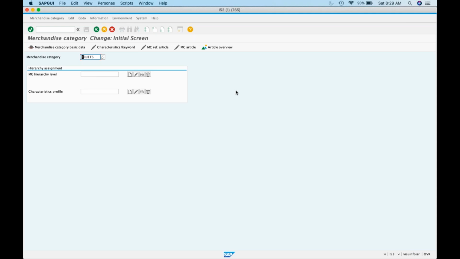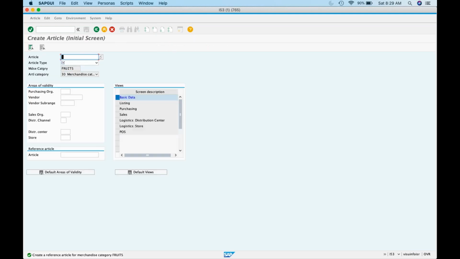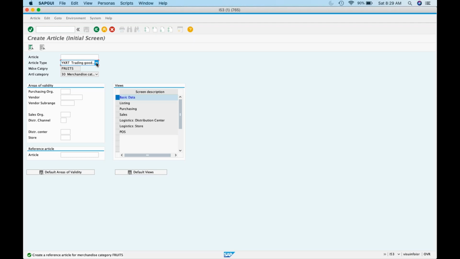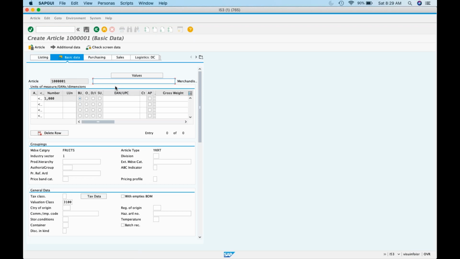So I'll show you how to create a merchandise category reference article. You go to WG22, give your merchandise category and click on this MC ref article. Clear? So now it brings you to the same MM41 screen. Here you feed in the basic details. Okay. So here, for instance,